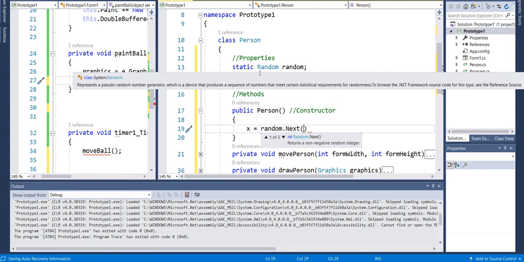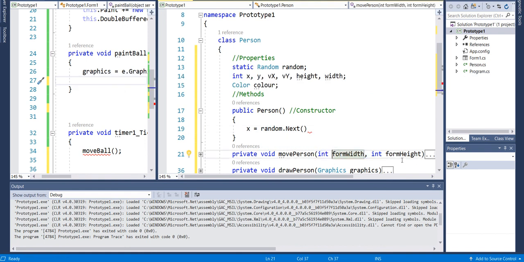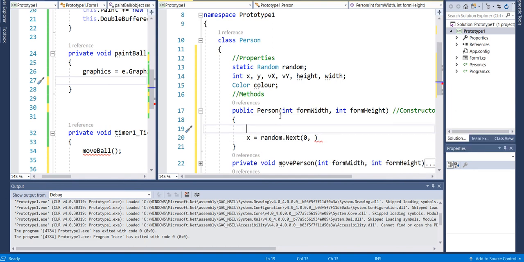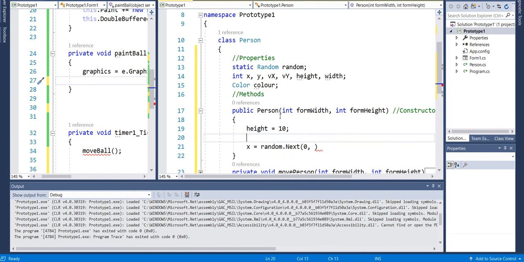For some reason we're going slow and crashing a little bit, not responding. Okay, we're back. So I'm gonna pass the width and the height of the form when I create a person to make sure that I'm creating a position within the form. I'm also going to establish what the height and the width of a person is here. So I'm going to go with 10, 10